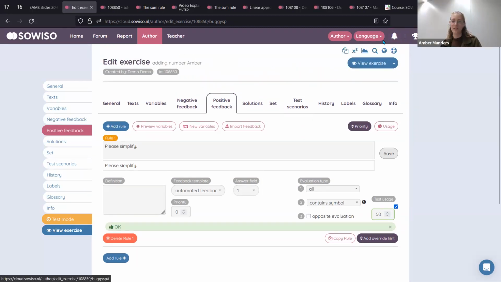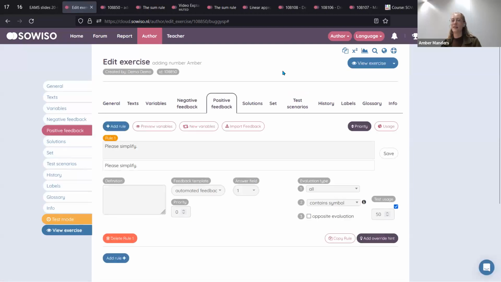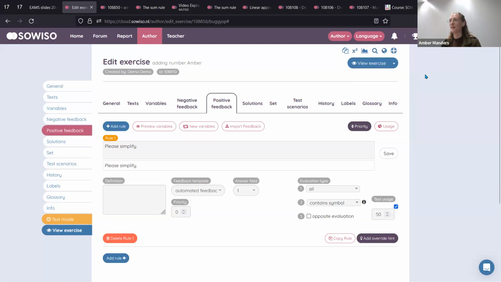Well, we can change language. As an author, you can change the language. So I can just maybe put it on Dutch for a second. And you see that the text disappears because we have just changed the language. What we often do is translate our exercises and our courses to different languages. So students can choose between any of these languages and then get the whole content in their own language. So this is for students, authors and teachers.